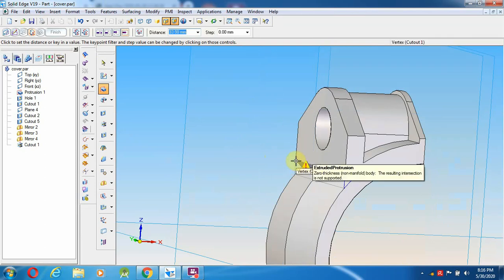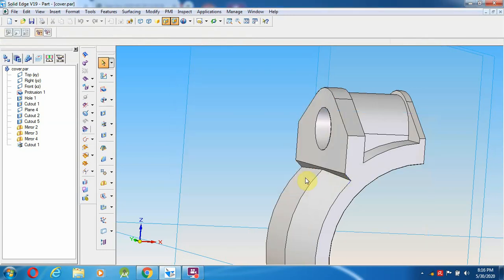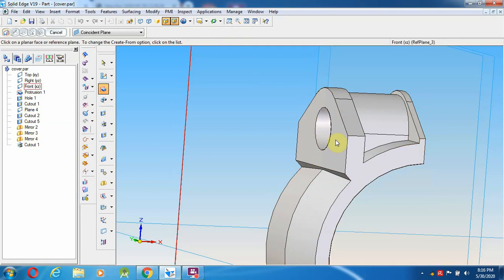It's not coming, so it will be extended a little bit inside. This is the curved edge. I'm going to extend it towards inside.